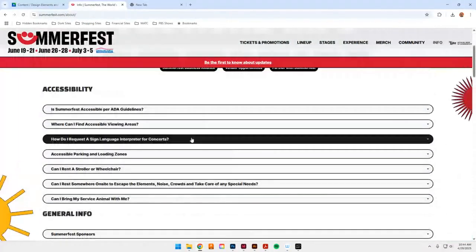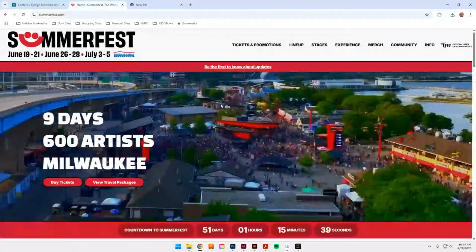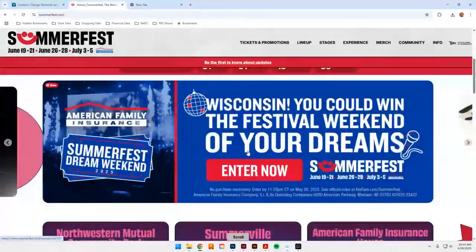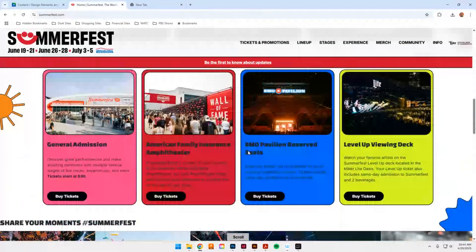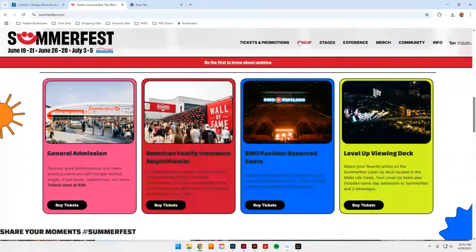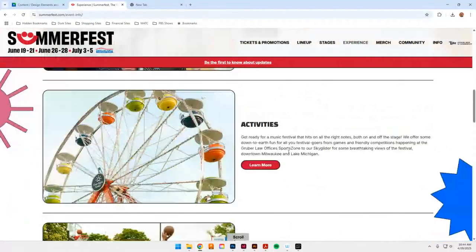Dig around and you are going to find information about Summerfest. I should find where it is on here. It's been a while since I looked. General admission, amphitheater. Oh, the lineup. Oh, experience. You can take stuff from here